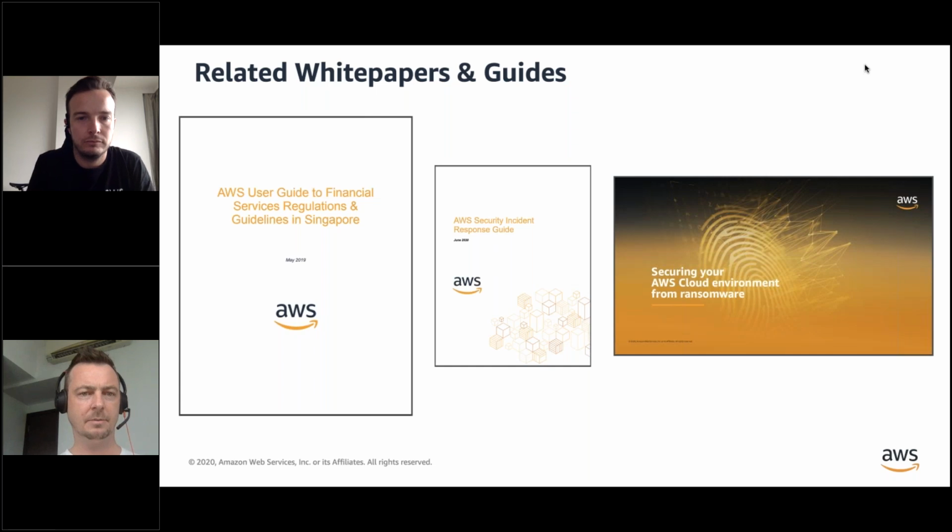All right, so I'm going to start with whitepapers. If you don't know, we've had this for quite some time, and it was updated last year: the AWS Guide to Financial Services and Regulations in Singapore. This is the one-stop shop you want to look at in terms of where you want to start your journey in thinking about what it takes to operate in AWS in Singapore, given the various regulations. The other two that I've called out here: we've just this month done an update to our